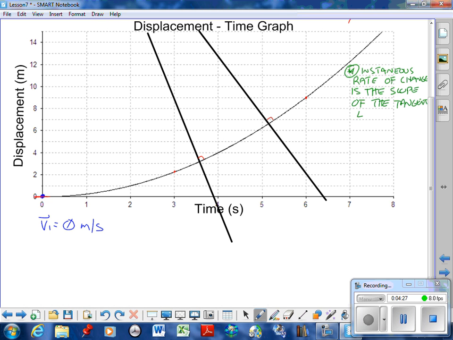Now, it's virtually impossible to draw a really nice tangent line using a ruler off a curve because you never know when it's perfectly tangent. By using the little notches, we guarantee that the line that we drew is perpendicular to the tangent at that point. So the other thing I wanted to remind you of, if I have a slope, which is delta y over delta x, and I want to find a perpendicular slope from grade 9, it is the negative reciprocal of